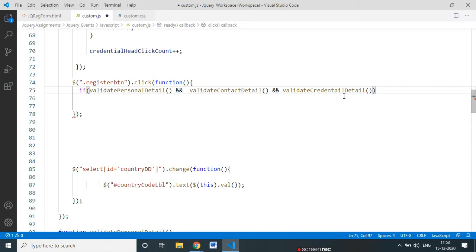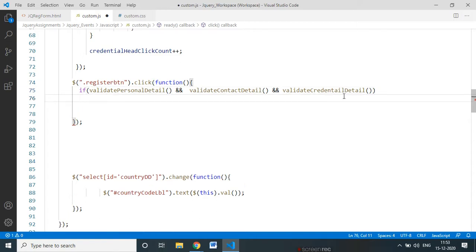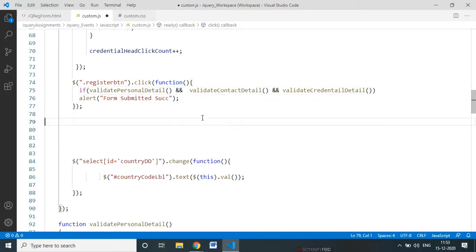Okay, and say here alert, form submitted successful. Now, because if the condition is true, then only the next line will run.